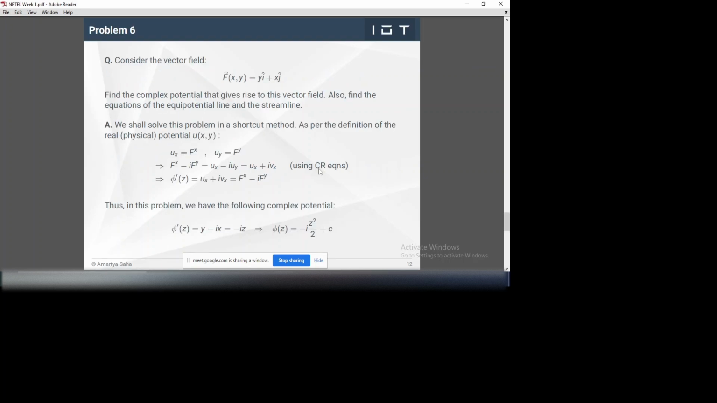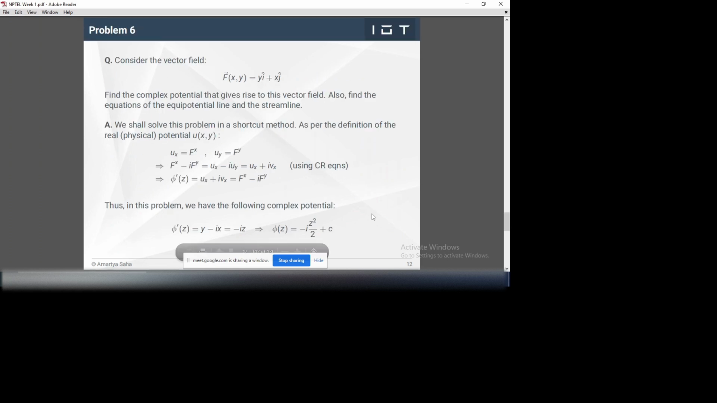So you see in the previous problem I needed 3 pages to explain, but here I need only 1.5 pages to explain. So this is really a shortcut and easy method. You just have to use this combination phi dash z equals fx minus i fy, and then express the function fx minus i fy as a function of z only, and then you can do the integration with respect to z,